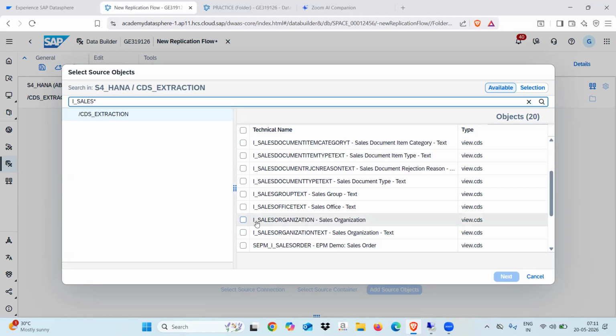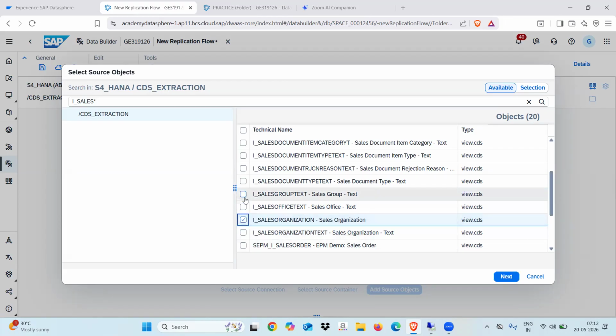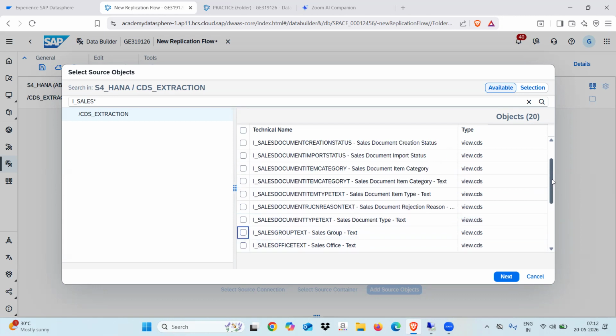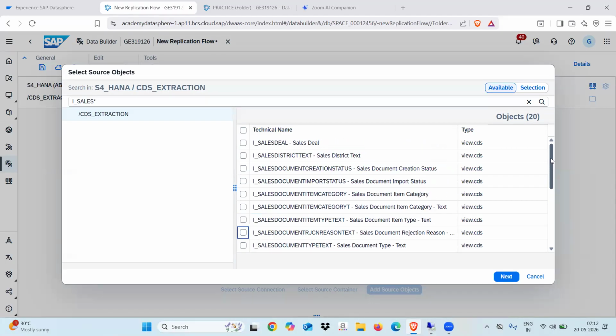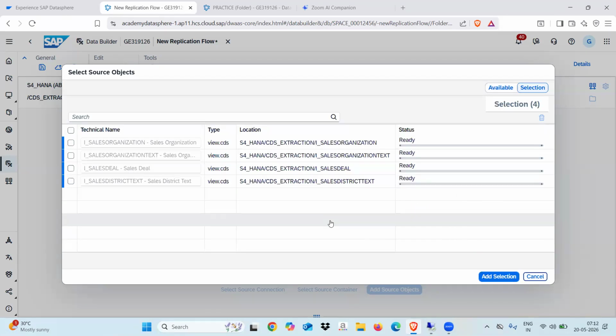I'm selecting this sales organization as an example. So once you select this option, it is enabled. If you remove this option, it will not enable. Select one source. Even if you want multiple, you can select them. If you want multiple source objects, you can select them, not only one. And what I want, okay. Select, see here, ready. Once you add selection,